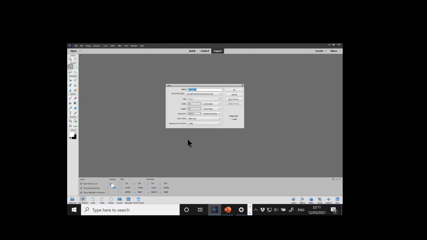You'll see that we get this little window coming up. We've got a name, Untitled 1. It's currently set to a document type of default Photoshop Elements size, and there are various settings there that we'll go into in a minute. First of all, I'll leave it as Untitled 1, and we'll change this to Custom, which is at the very bottom. And now we've got Custom, we can change